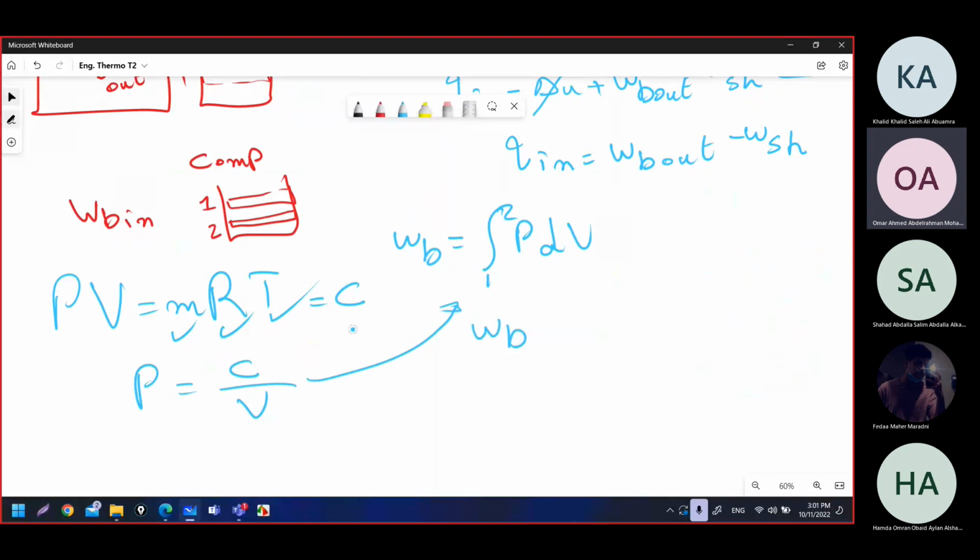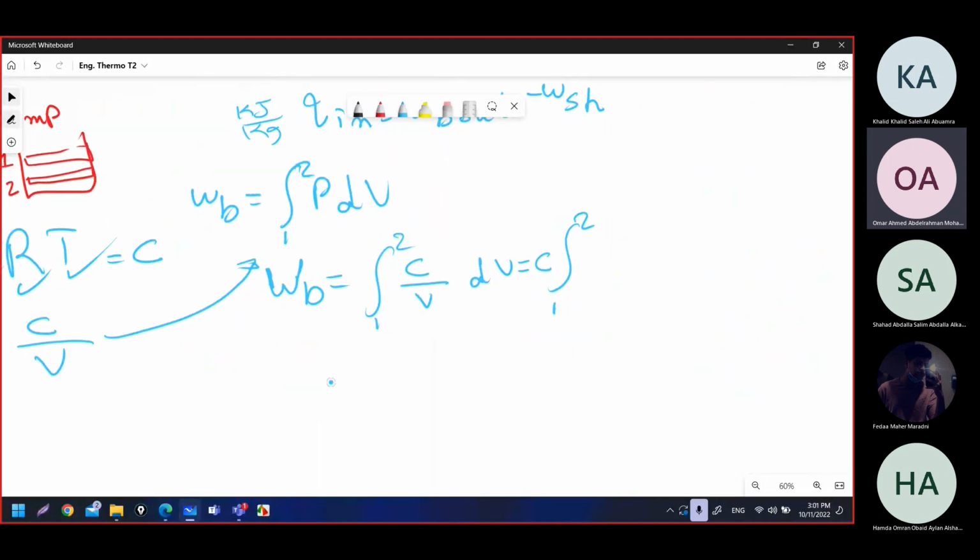So the boundary work, and this boundary work is capital W, it is in kilojoule. Now I'm dealing in kilojoule, and I will see how I can go to small w, because my question is in kilojoule per kilogram. So this one will equal the integral of C over V from 1 to 2 dV. C is constant, so I will take it out from the integral. Then I will have dV over V. This is equal to C ln V2 minus ln V1, okay? And from the property of the ln,